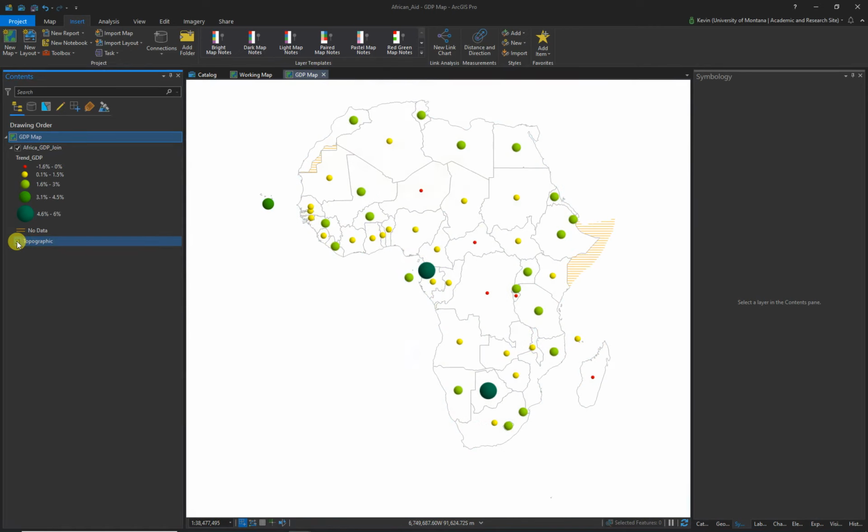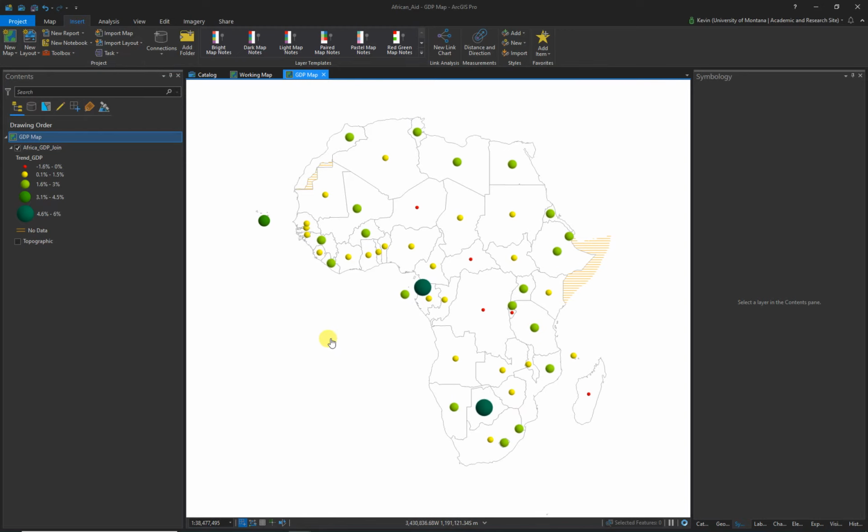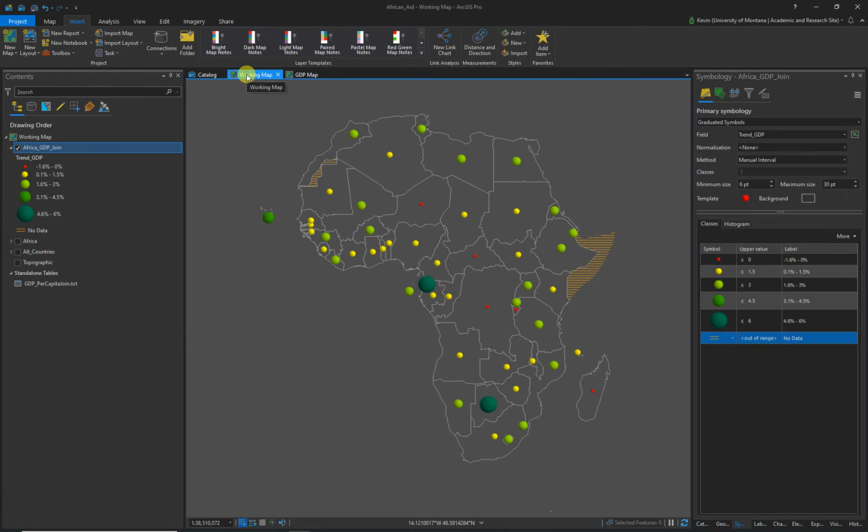I don't need my topographic map under there. I don't generally like their base maps, but that's up to you. If you like them, that's cool, whatever. And now I got to go grab from my working map also my,